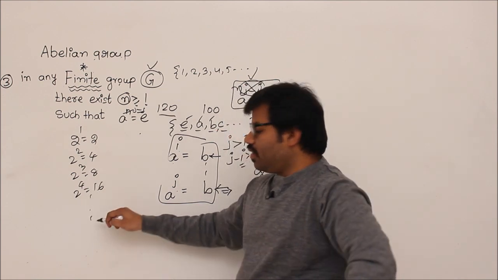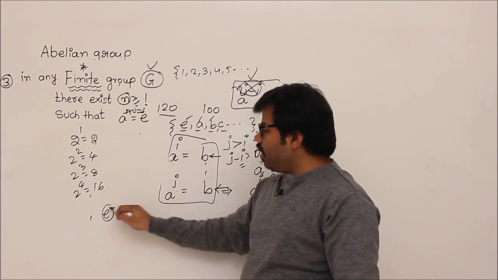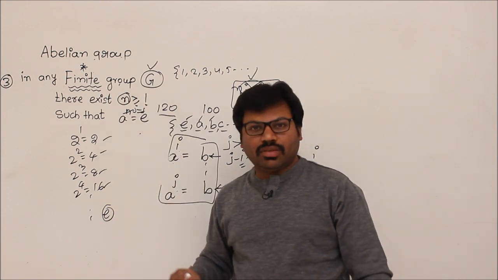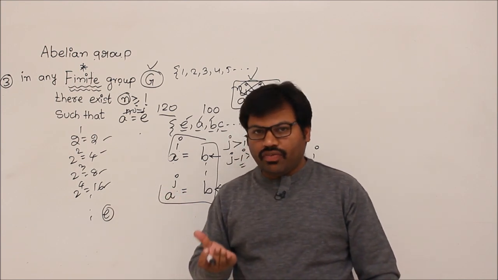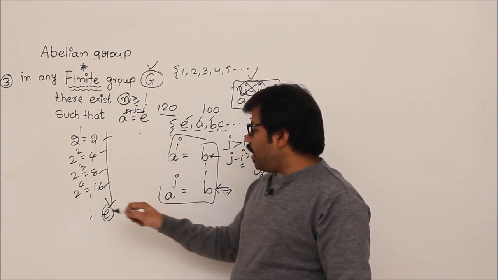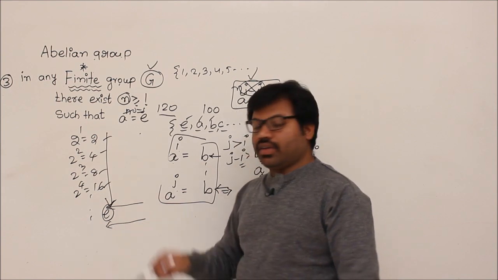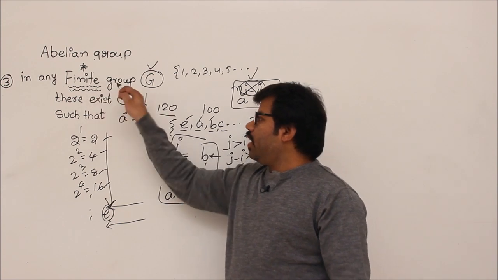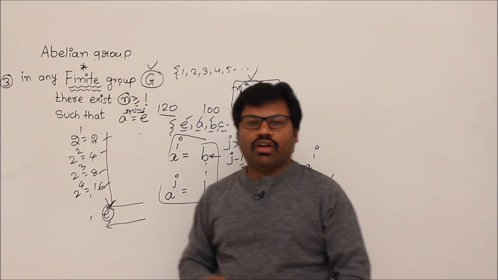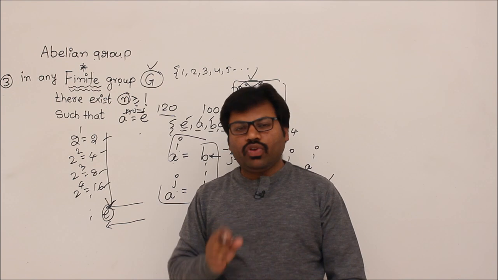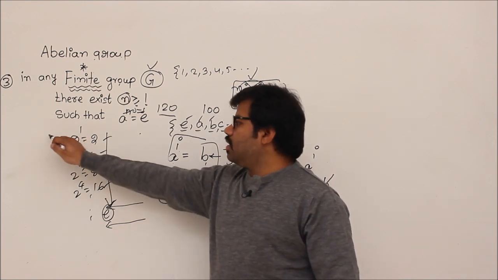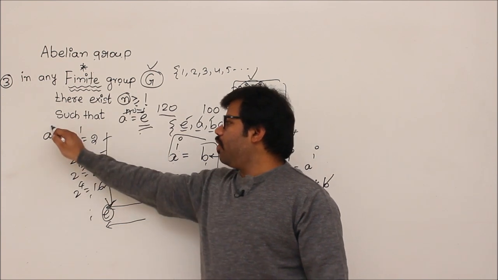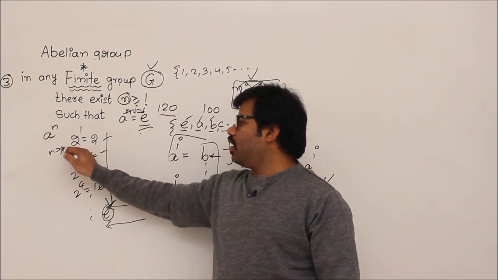Then you never get e, right? So you might not get e because every time we can get a different number. But in a finite group that is not possible because we have only a finite number of elements. Here we have infinite, then I can place a different number every time. That's the difference between finite and infinite. That's why only for finite groups this holds good. Now in one line, what is that? If you have a finite group, take any symbol a. Then we can always write the identity element as some a power n, where n is greater than or equal to 1.